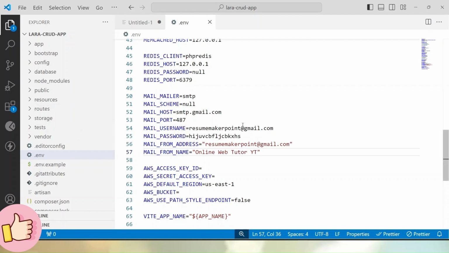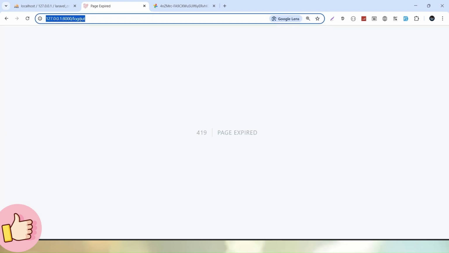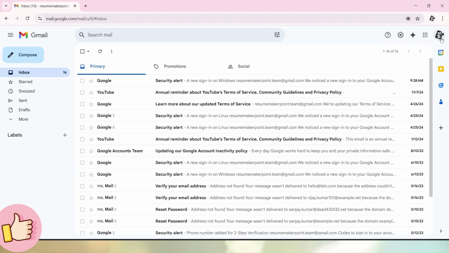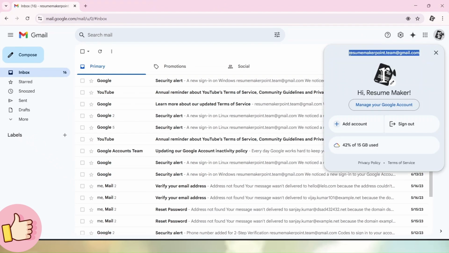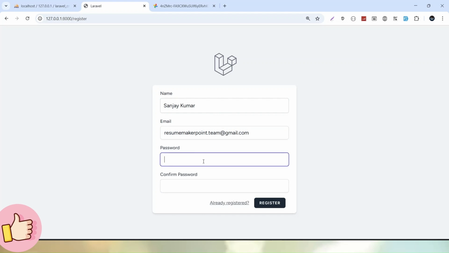So whenever I try to register any new user, automatically by using this Gmail SMTP, it will send an email to the Gmail account. Let's try some experiment. Here, if I click on logout, click on register, and here I'll use another Gmail account. If I copy, let's go to application, email, this one, and for the password I am using 1 to 8 for this CRUD setup. Click on register,